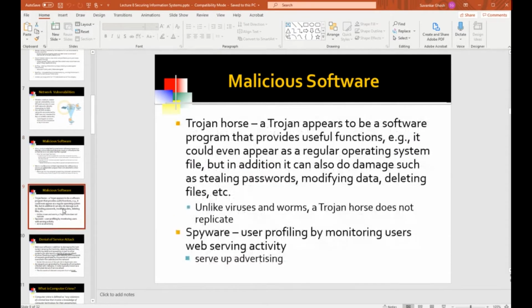Trojans, how do Trojans come in? Trojans are often some part of the operating system, like a device driver. So the Trojan pretends to be a useful file, a useful part of the operating system. Device drivers are often Trojans. The Trojans are often made as device drivers. I shouldn't say device drivers are Trojans. No, the bulk of the device drivers are legitimate device drivers, but Trojans can be made to pretend to be device drivers.